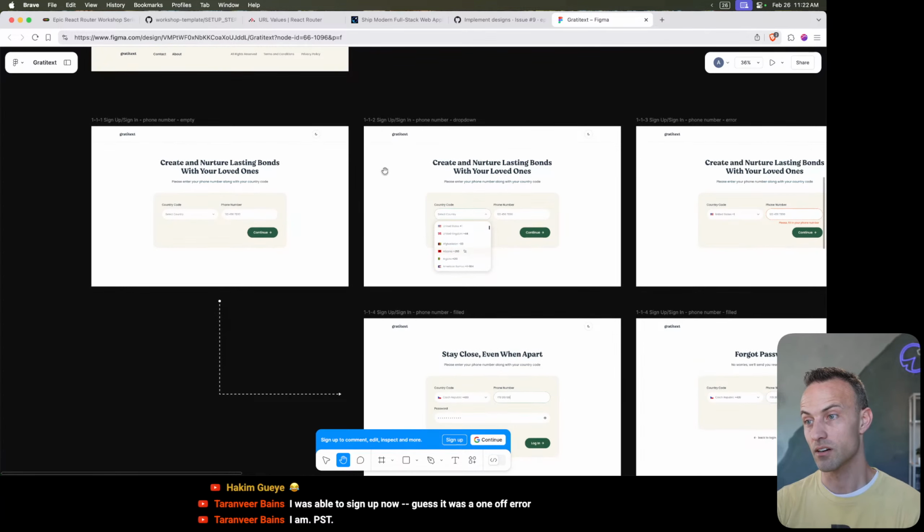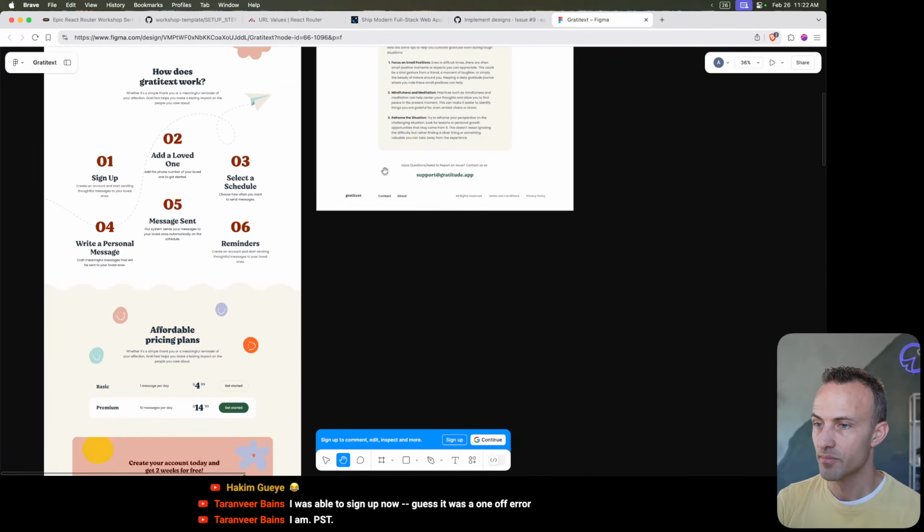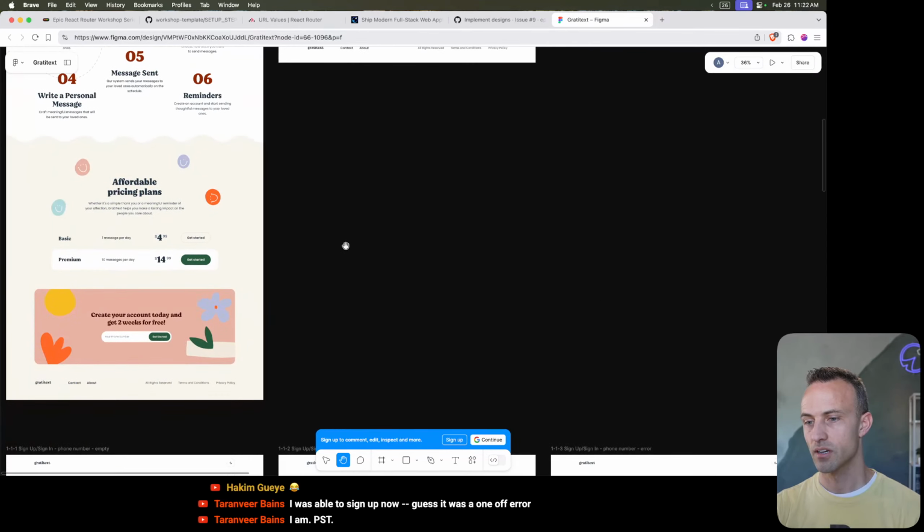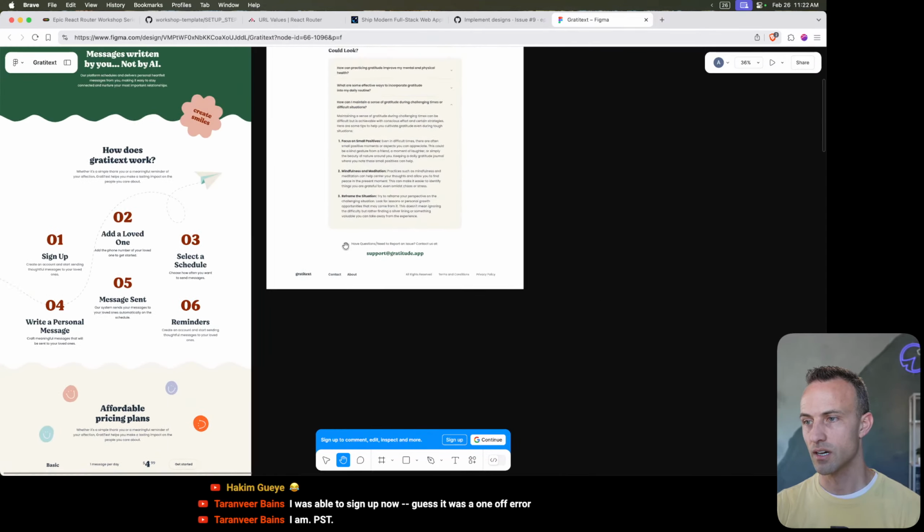So maybe we put the header on the root and the footer on like marketing section. So marketing could have a layout. And then we've got the app that has a layout that doesn't include the footer. Not sure what would go into the app layout. And then recipients. Yeah, this is a